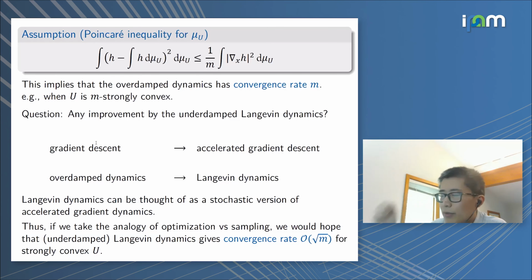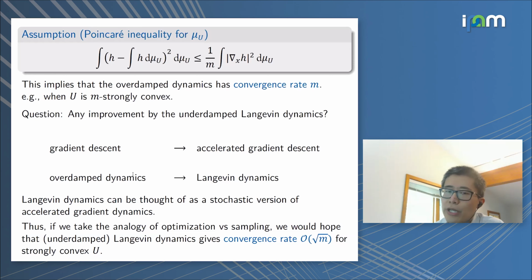I think actually this afternoon, Michael Jordan will talk about these things. If you look at recent literature of optimization, one thing is that if you replace the steepest descent, which in the continuous language is the gradient descent flow, and add in a momentum, you get so-called accelerated gradient descent. Okay, and then for strongly convex potential, we know that for the accelerated gradient descent, the convergence rate is exponential, and with the convergence rate being square root of m. Okay. Now, if we